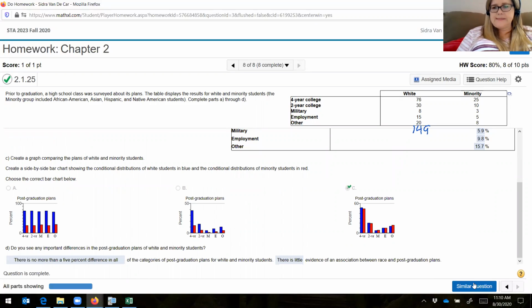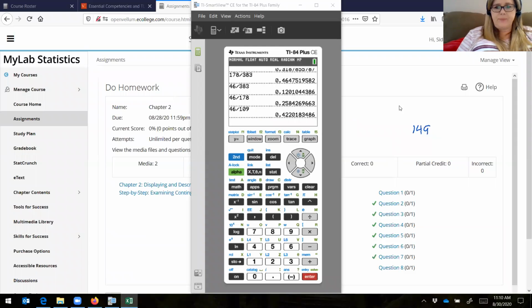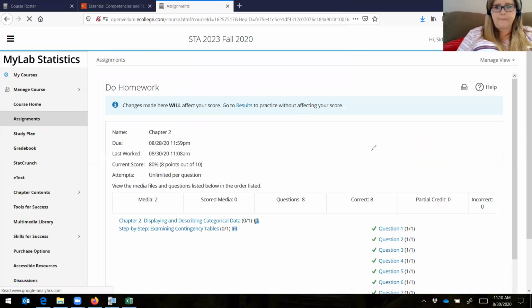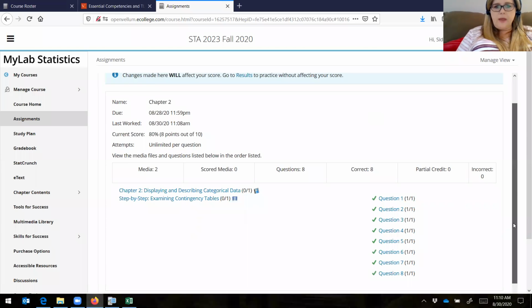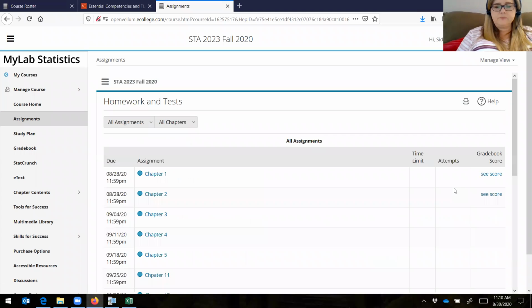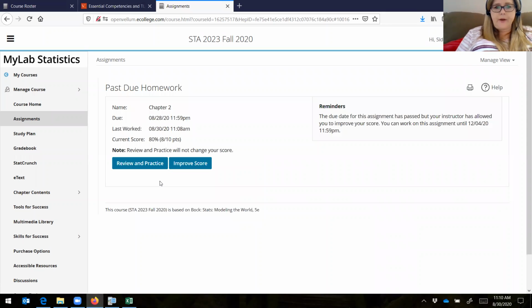Okay. Since a similar question popped up, I know I'm done with the homework for this section. So let's go ahead and move the page. Now, as I pointed out to you, if I go back to my score on the assignments, I see score. It shows me I only got 80%. What's wrong? Why didn't I get 100%? We got everything right. Well, notice that when I go in here,